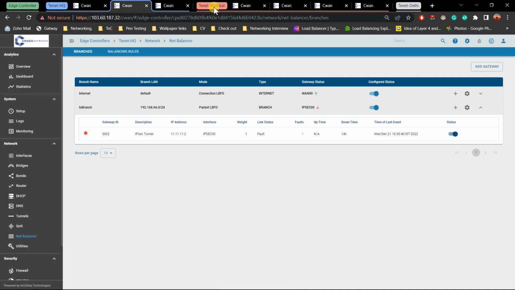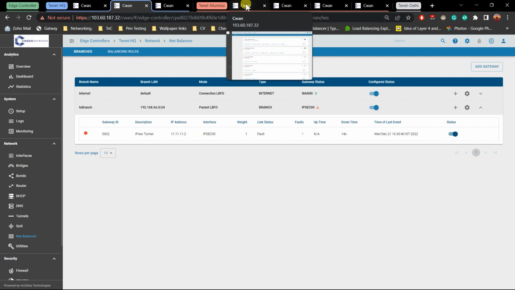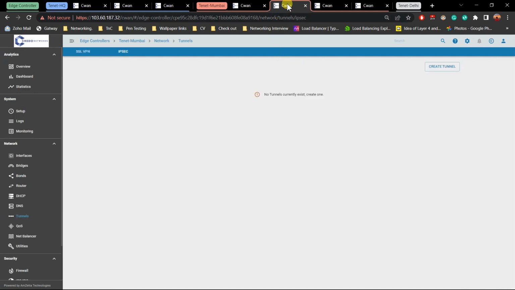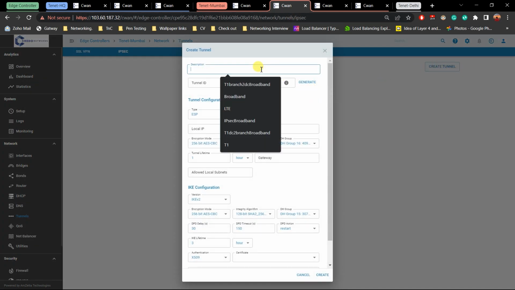We'll go ahead and go to our Mumbai site, which is our client site. So in our client site, as you can see, we have two WAN connections, and we'll go ahead and take the WAN 1 and copy this IP address. So as you can see, I have come into tunnel here and pressed on IPsec on our client side. So we'll go ahead and create this tunnel here. We'll name it IPsec tunnel